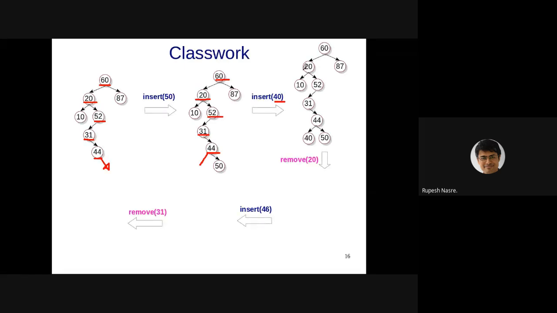Let's say that I'm going to replace this 20. This 20 can be replaced with what values? Since it's a two children case, 20 needs to be replaced with two values. Shania says 10 and 40. Is that correct? Mayank says 10 and 31. Rishabh, Murari, Bharat, and Yashwant Reddy also say 10 and 31. Shania, do you agree with that?